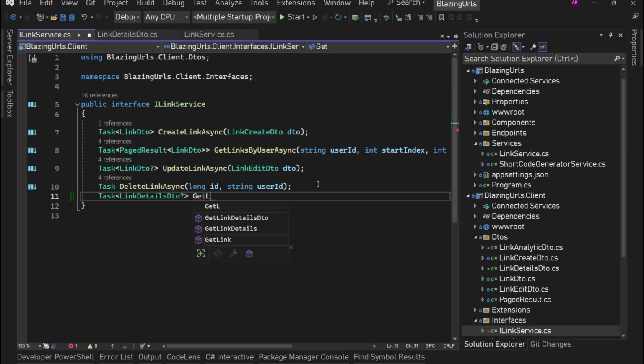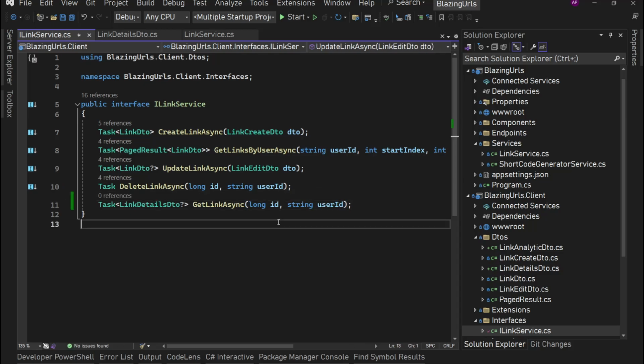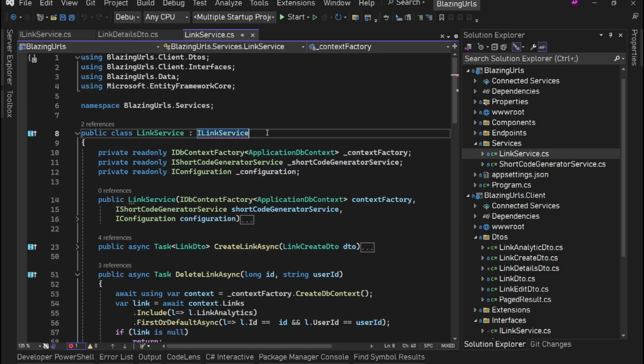Here we'll say GetLinkAsync with a single parameter long id, or maybe two parameters, string userId. All right, now we'll implement this method. So in this link service we'll implement this method